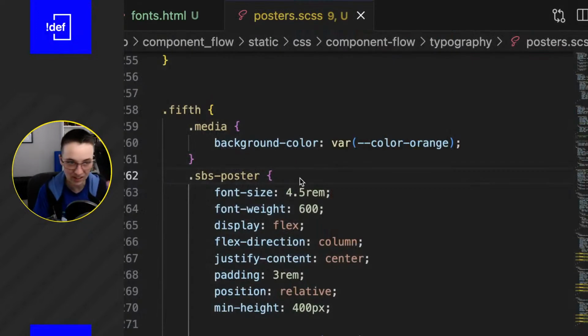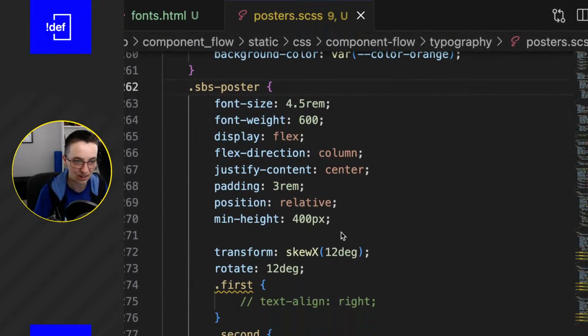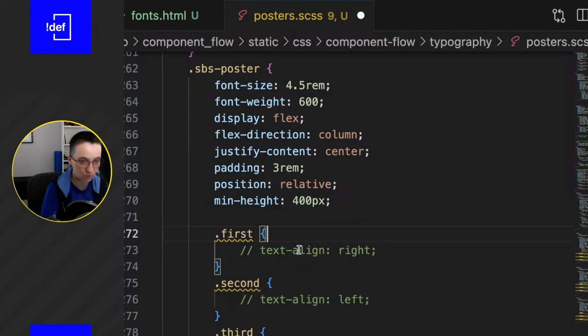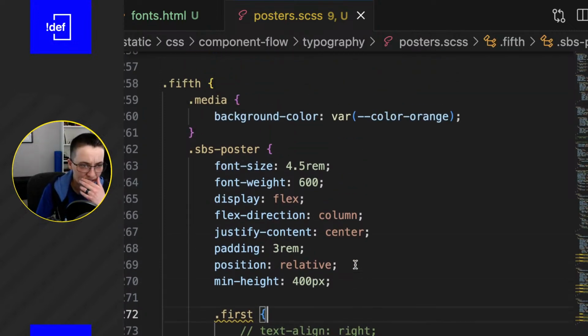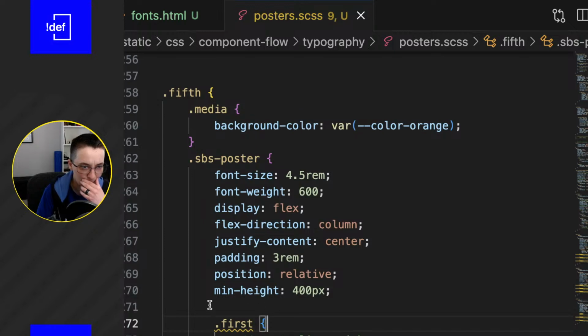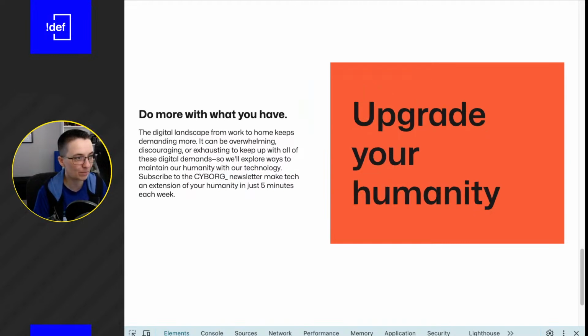All right, so another one. Let's reset this just a little bit. I'm gonna go in here and get rid of the transforms. And the last thing that I wanted to try is, let's go back here and make sure. Okay, so now we're kind of reset. So let's take a look at this. We've done a lot of left aligned things, and we even blew it apart. Let's try a right aligned